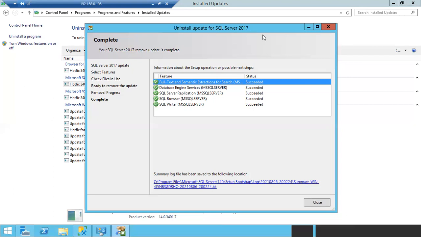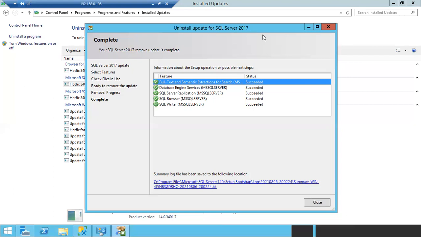Okay, so what it is going to do, when you are trying to patch the SQL Server, it will take the backup of MSI and MSP files before patching, and it will apply the patch. Okay, and it will replace the MSI and MSP files with the new MSI and MSP files. So in case you want to remove the patch, you can remove it directly, and it is going to replace the new MSI and MSP files with the old MSI and MSP files. Okay, it will work only from SQL Server 2008 onwards.